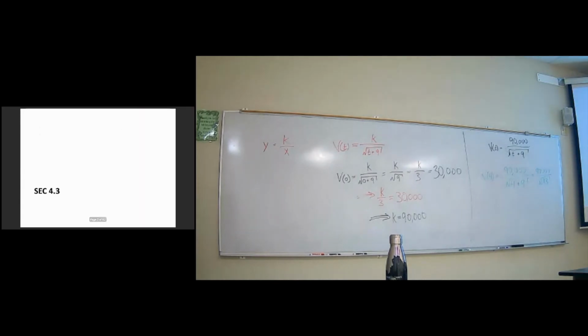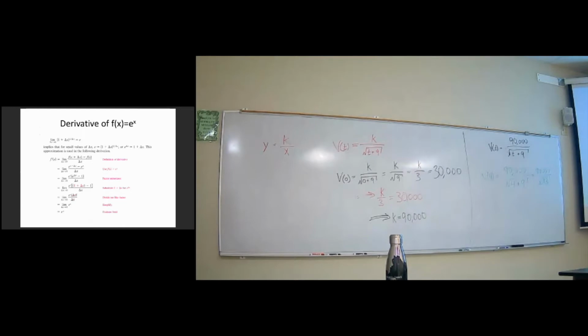We are now in section 4.3. What we're going to be looking at is the derivative of the function e raised to the x. Now, there's a few things happening here that I want to point out. First, e to the x occurs here and e to the x occurs here, so we can factor that out. And we're going to get e to the x times this quantity minus 1, because when we distribute e to the x back in, it comes back out to this, right? What's happening here